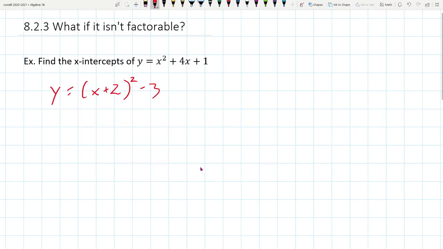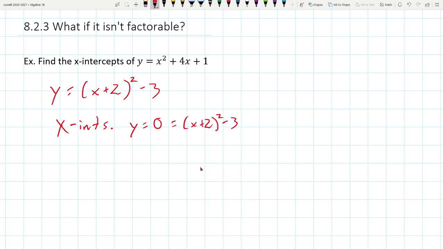Well, check this out. I could find the x-intercepts. Again, the process is going to start off exactly the same as it always does, by setting y equal to 0. And my equation now, instead of saying y equals this times this, ends up being x plus 2 squared minus 3. So I can't use the zero product property anymore because I don't have an exact product on the right